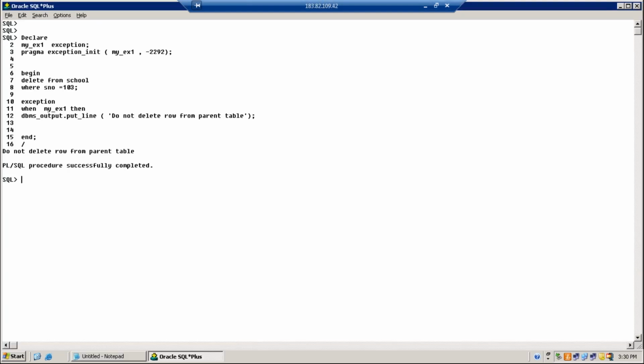Yes. Now I'll give you one more example. Look at this. Update emp set sal equal to 2000, where employee number equal to 7900. What is the problem of this update command?